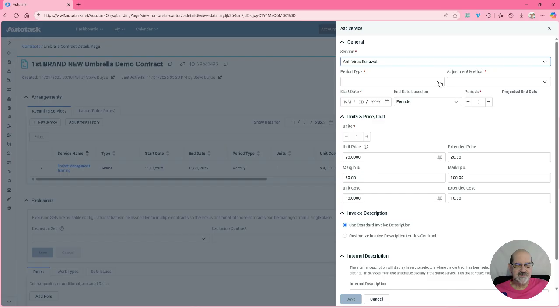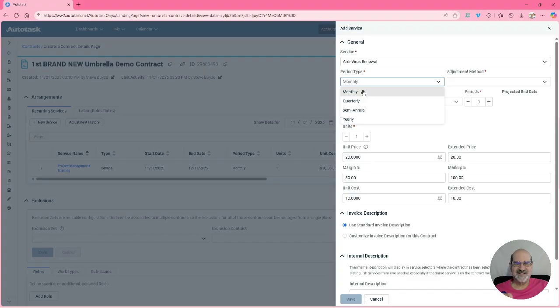Period type is still monthly. So now this is huge because we haven't been able to mix. And when it comes to the Pax8 integration, the Pax8 integration still is not out. It's going to be interesting under the Pax8 integration if we can mix monthly and quarterly and annual or yearly